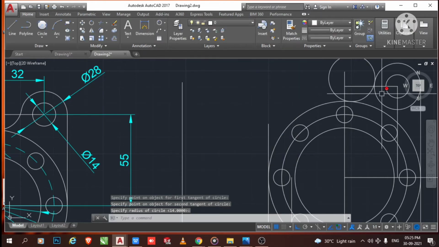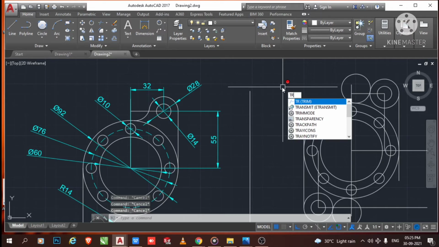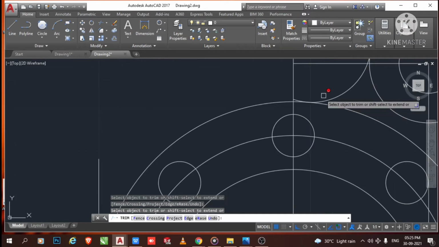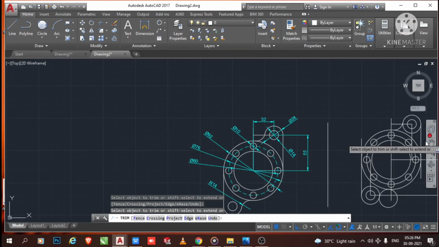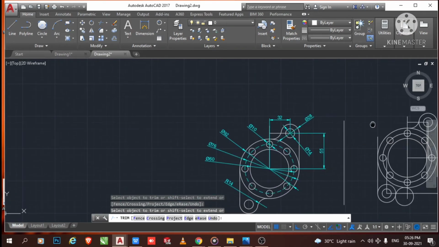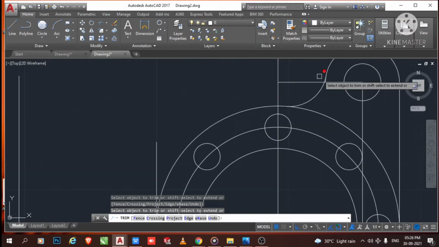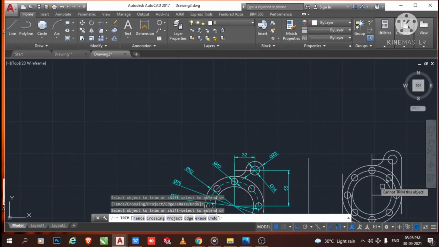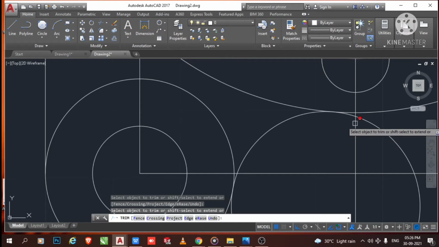Okay, and here we trim this unwanted portion. So go to the trim command, enter. Now here delete this one. Again delete this one also. Here we have no need, select this one. Now delete.